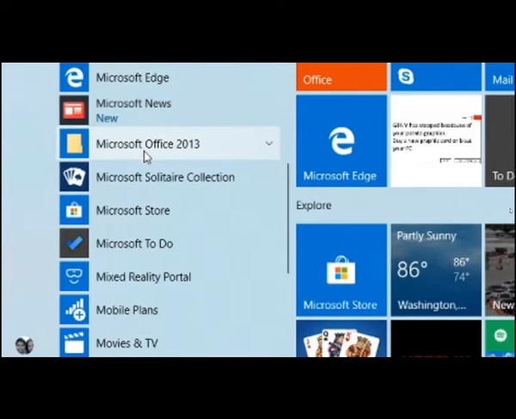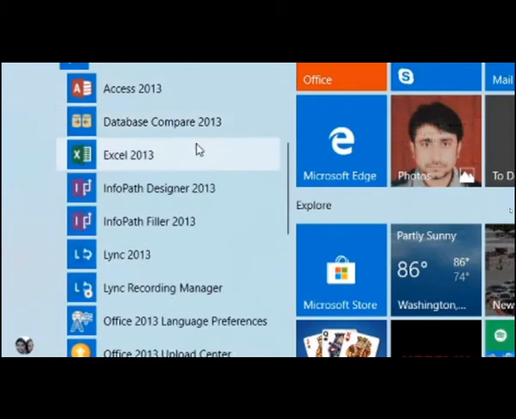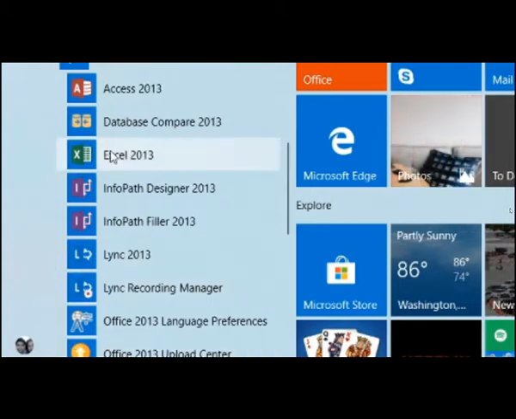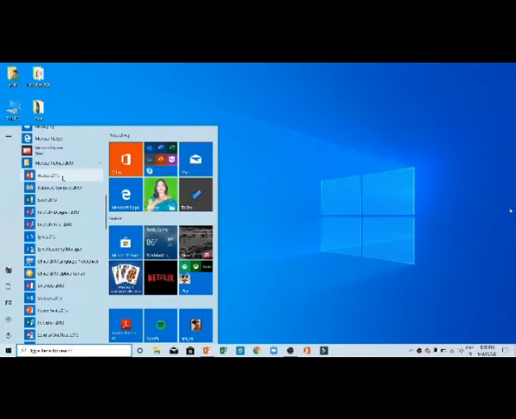Same way, if you want to make some records, you have to click on MS Access. That means MS Access is the software which helps the user to create a database. So click on MS Access.